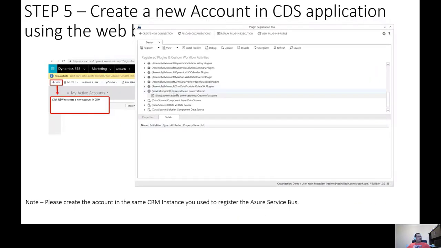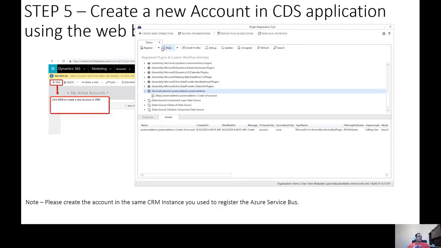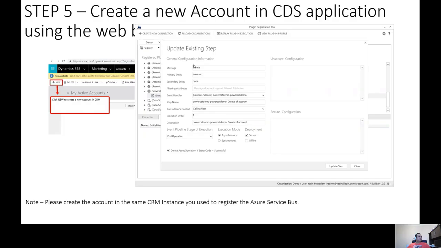In this tool, I say register a new service endpoint. I put in my connection string. Then in the step, I say that when the account entity record is created, I select the endpoint, and I make this asynchronous and server-side, as part of the post operation.